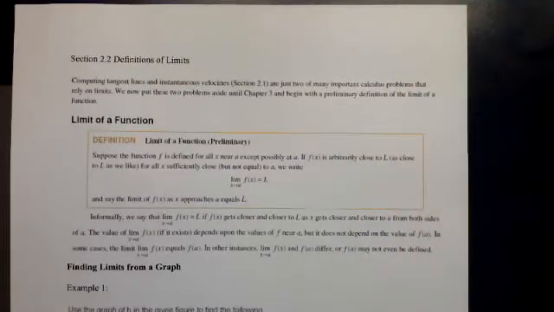Okay, in this video, we're going to talk about section 2.2, dealing with definition of limits. In this case, we're going to be talking about finding the limit of a function from a graph and also from a table. And also we're going to be looking at one-sided limits. That means taking the limit as x approaches some number from the left and from the right